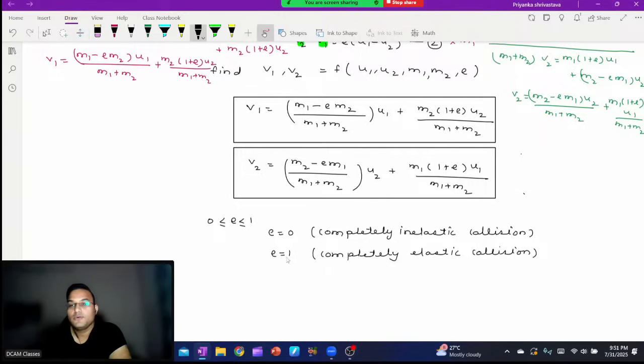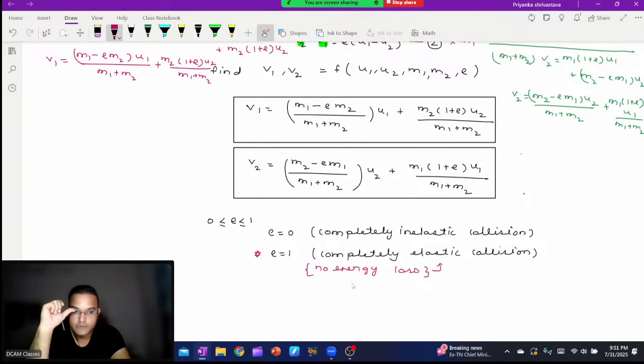There is one more thing about completely elastic collision. In completely elastic collision, there is no energy loss. One more piece of information that you can use to solve the question. So usually during the collision questions, you can never apply the law of conservation of energy, unless they have given you that after the collision this much amount of energy is lost so that you can add it. But usually they won't give.